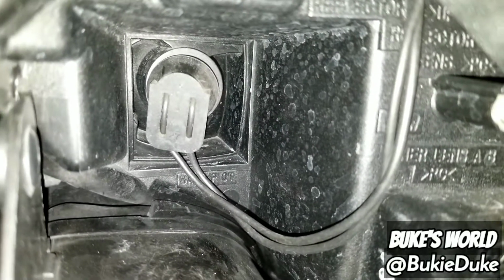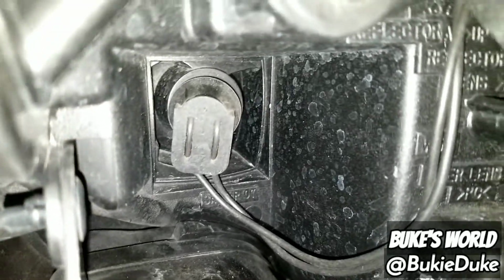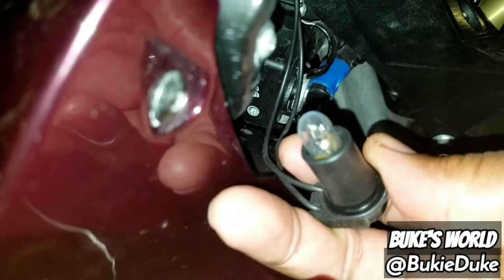Before we go, let me show you where and how to access your marker lights for changing. To the immediate left and right, you'll find your marker lights. These are simple to remove by giving a firm tug. Once removing the socket, you can easily remove the bulb by giving it a firm tug and it will release